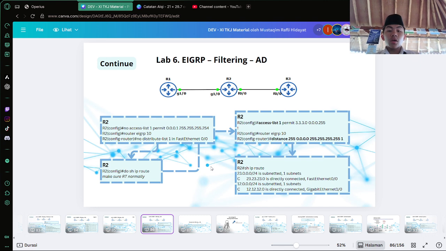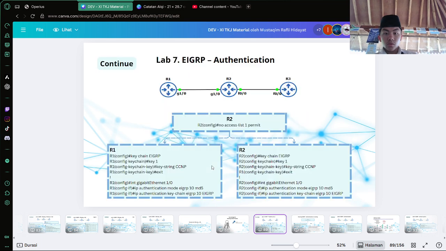The image explains how to secure EIGRP routing updates using authentication, which prevents unauthorized routers from participating in the EIGRP domain.